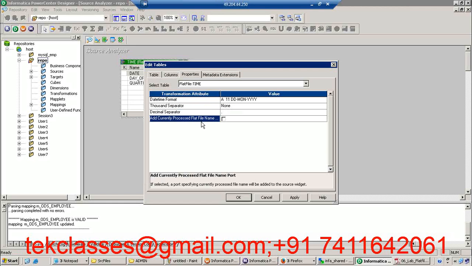So suppose you're reading the data from a flat file and you have a requirement. Today I'm reading data from time.txt. Tomorrow I'll read the data from one more file called time_2.txt or time_3.txt. And as a developer,